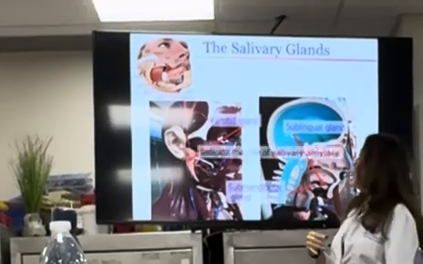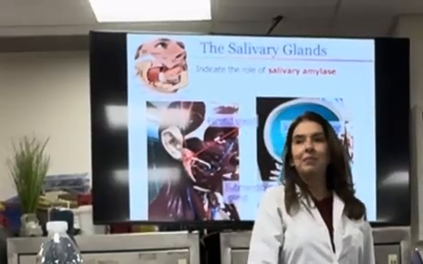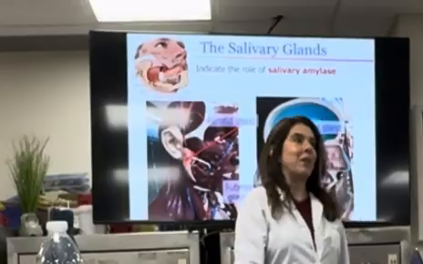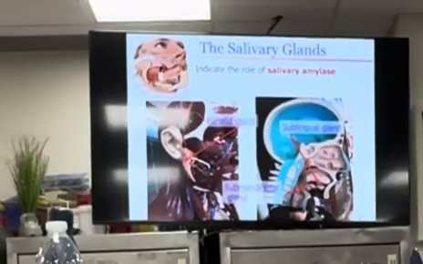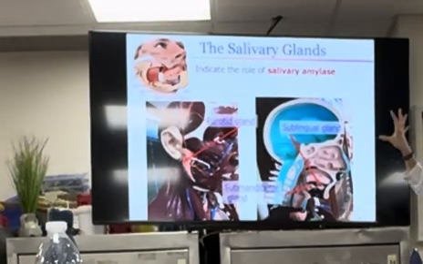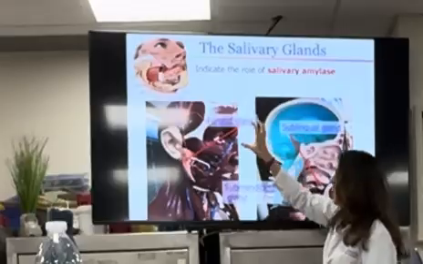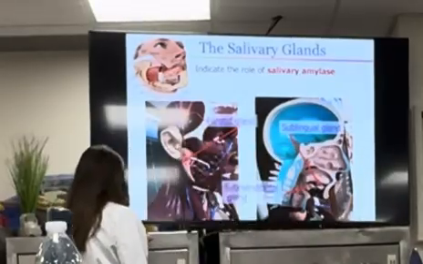Now, who can tell me what is the role of salivary amylase? Carbohydrates. Very good. Remember, the first type of nutrients that get digested in the digestive system is carbohydrates due to salivary amylase, which mostly comes from the parotid gland. Okay. Let's now